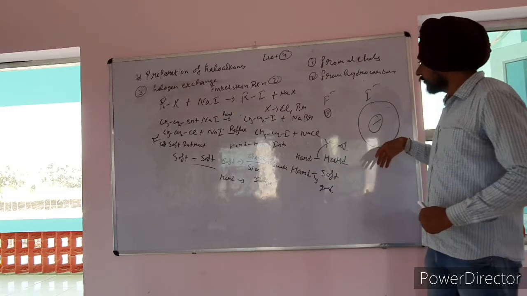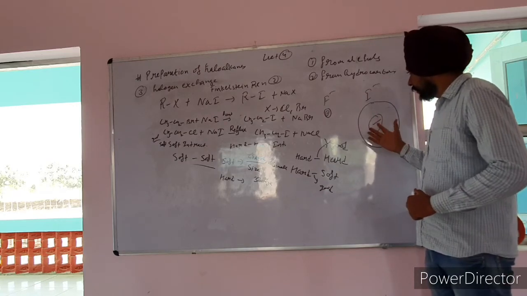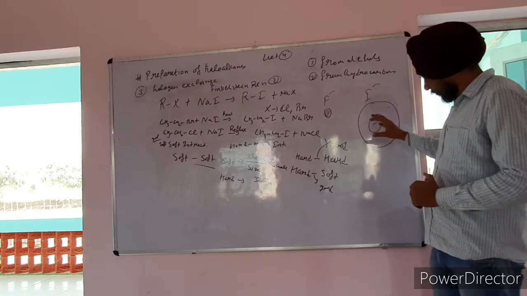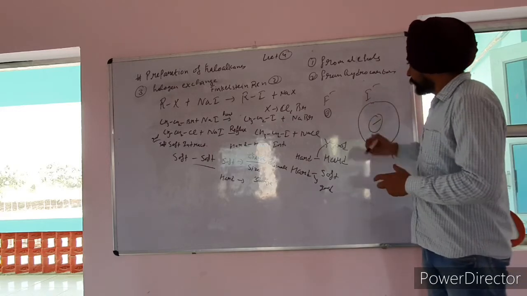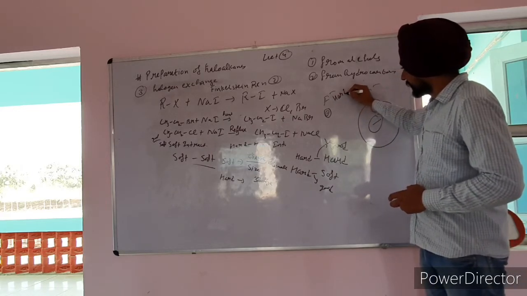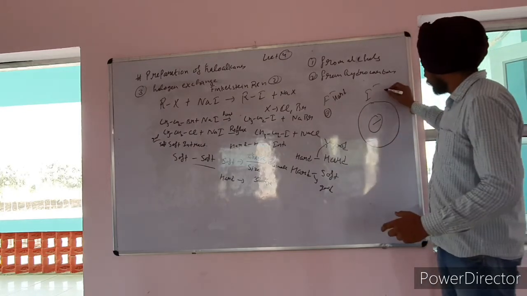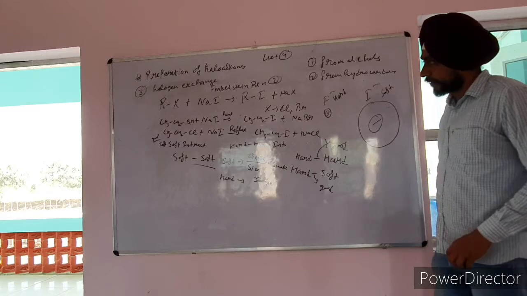That's why with the help of this we can find out that the fluorine ion is hard because its charge upon size ratio is large, and this is a soft ion. Okay,